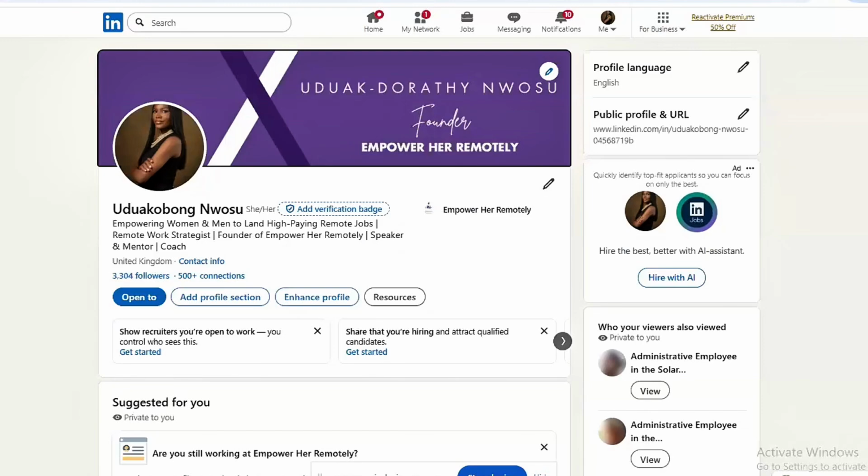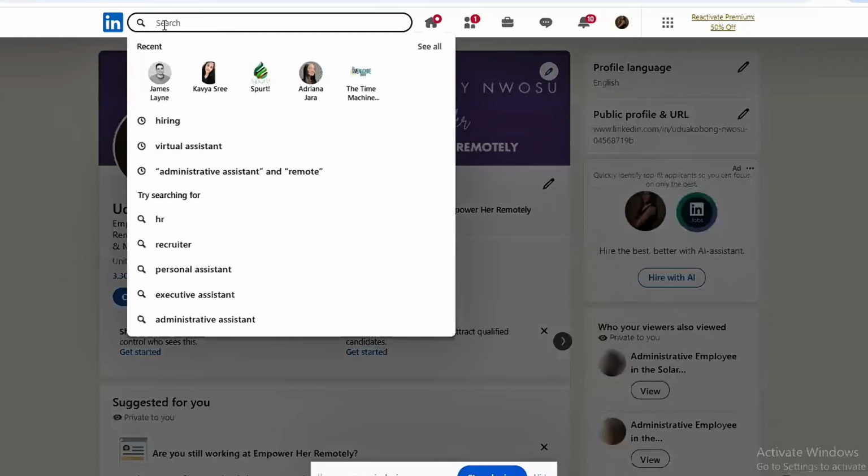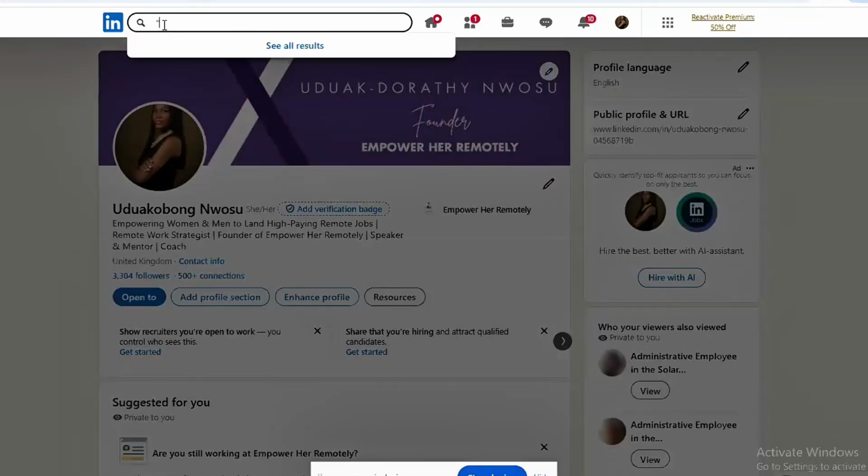Very, very important. So now we're going to move over to the Boolean search method. How to use Boolean search method to apply for jobs. So for example, let's say you are a virtual assistant. So what am I going to do? I'm going to use this apostrophes. I think that's what it's called. I think it's called apostrophes. So you're going to use that apostrophe and then type